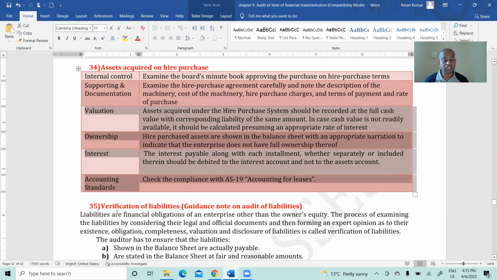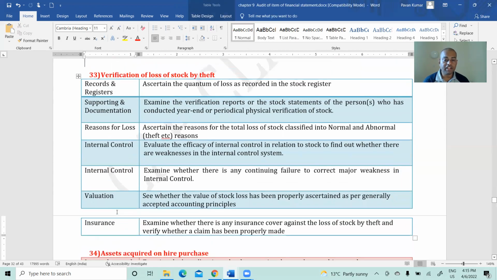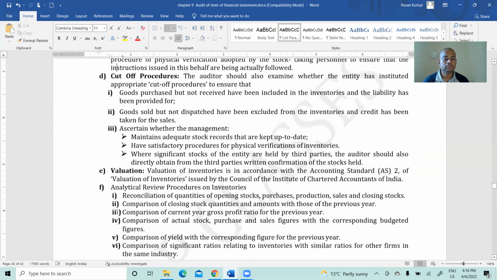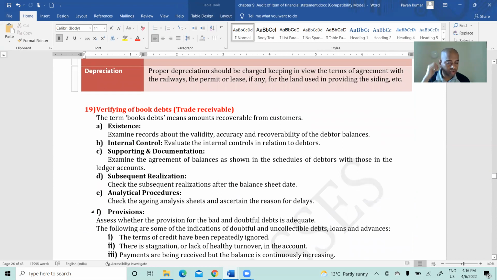What is the next part? Verification of liabilities. Before we go to verification of liabilities, what are all the questions we have? We have from question number 19. So what we are going to do is start from question number 19 till verification of liabilities, all the current assets. You read, try to understand, then we will discuss if you are unable to understand. If you are able to understand, that's it, we'll go to liabilities. If you are unable to understand, then we'll discuss it. Okay. So till now, whatever we have discussed, any doubt?